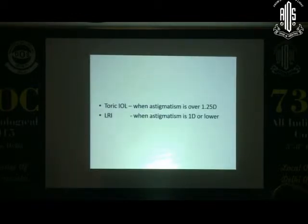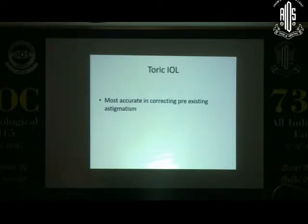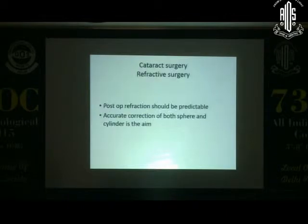So when your corneal toricity is over 1.25, ideally put in a toric IOL. Anything below that, 1 or lesser, LRIs would work very well. It's well known now and proven that the most accurate way of correcting pre-existing corneal astigmatism in a patient is using toric IOLs. But to get there, your postoperative refractive correction should be predictable, both in the spherical and the